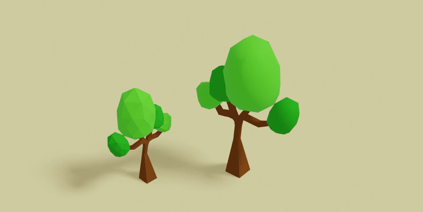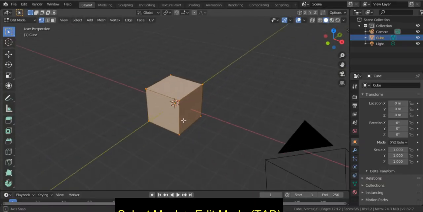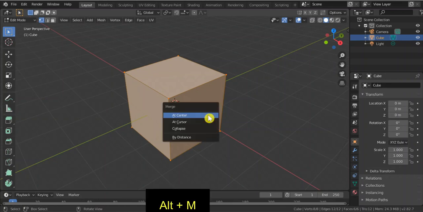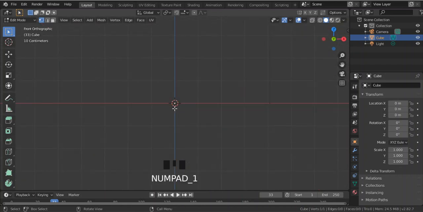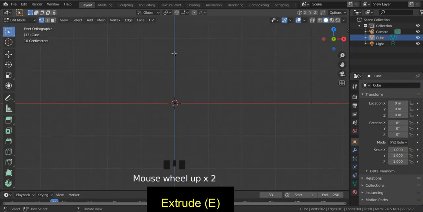Let's go. First, select your mesh, any mesh that you have, and then press Alt M to merge at center. What is left is a single vertex. Select the vertex, go to front view by pressing 1 on your numpad. Then in edit mode, press E to extrude. We make this the trunk and